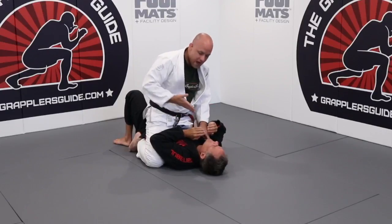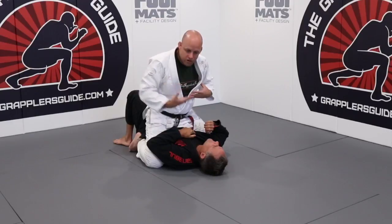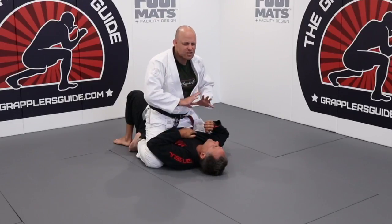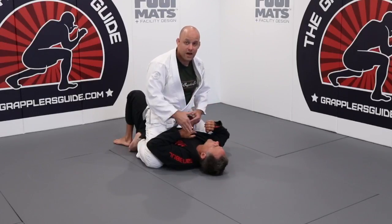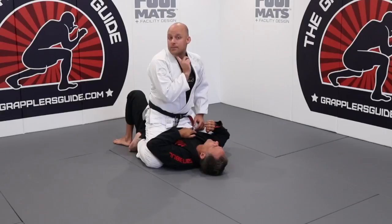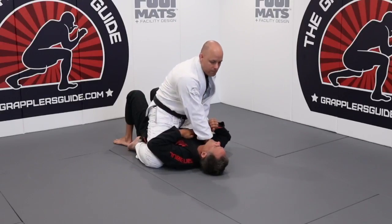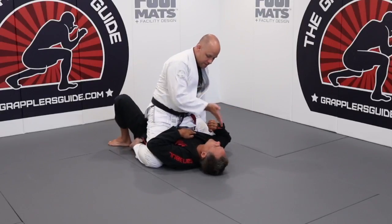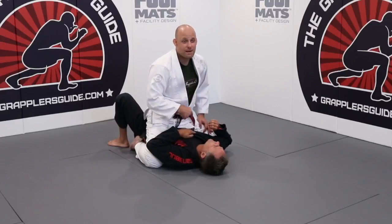Because what's happening is, by having this grip here, having pressure across his neck, and having pressure down on his face, and having my head planted on the mat, it gives me such a good base and such a good foundation. Keep pressure downward on their face. Ideally, try to make them turn towards the grip that you have. It doesn't really matter too much, but ideally you want to make them face the direction of the first hand, right? And the reason for that is because it makes it hard for them to turn, and it makes